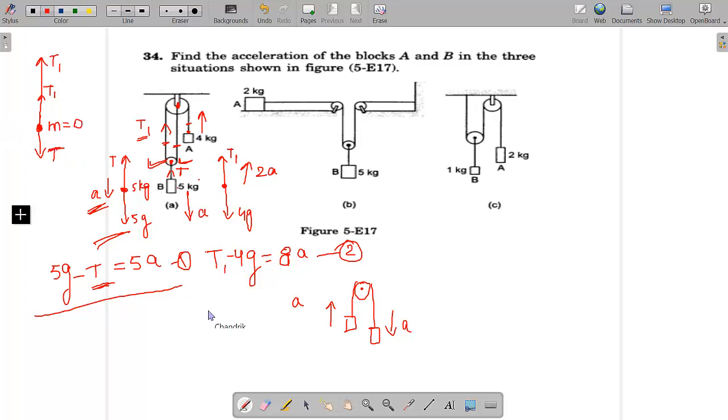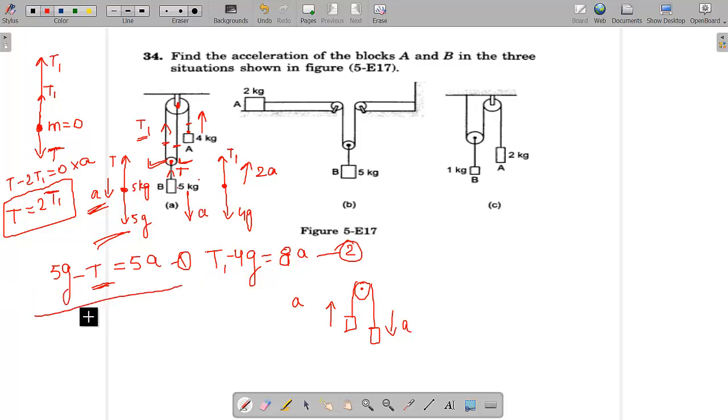Since the mass is 0, if you write the equation of this pulley also, you can just write T minus 2T1 is equal to 0 into acceleration A. That pulley is moving along with the 5 kg block, so if the acceleration of the 5 kg block is A, the acceleration of this pulley is also A. So downwards, if we see the total force, T minus 2T1 is equal to 0 into A. That means T is equal to 2T1. That's what I was telling you, that you could have derived this directly and just put this in and solved the equations.